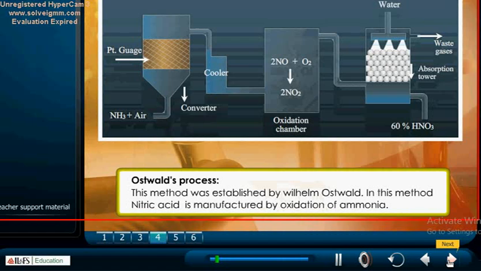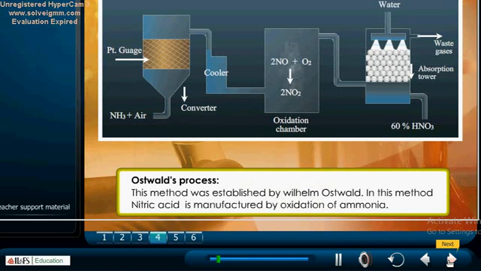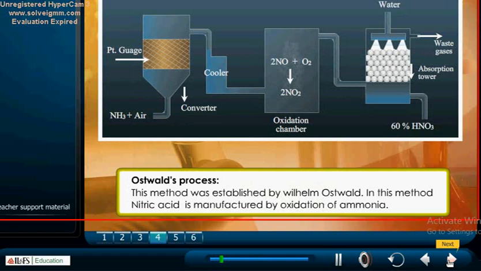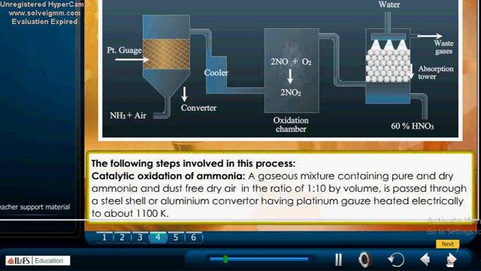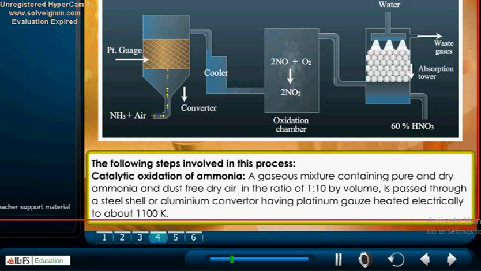Ostwald's process. This method was established by Wilhelm Ostwald. In this method, nitric acid is manufactured by oxidation of ammonia. The following steps are involved in this process: catalytic oxidation of ammonia, a gaseous mixture containing pure and dry ammonia and